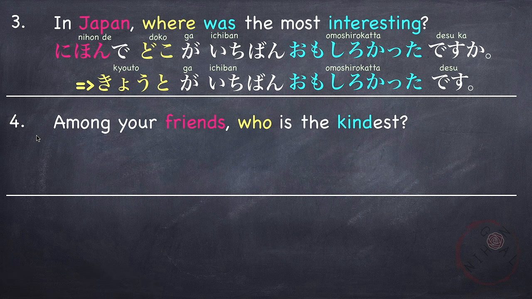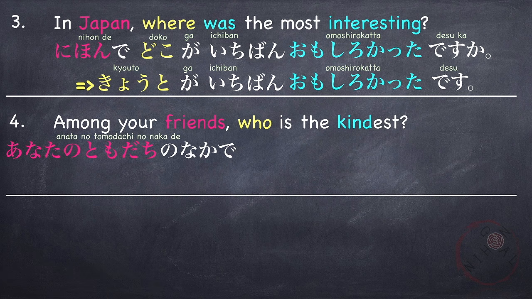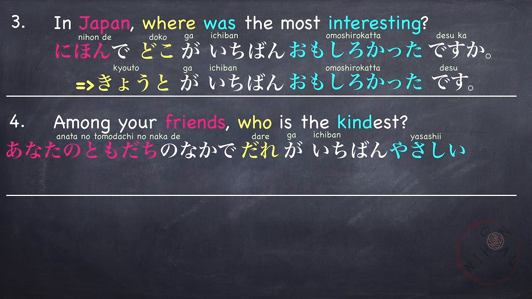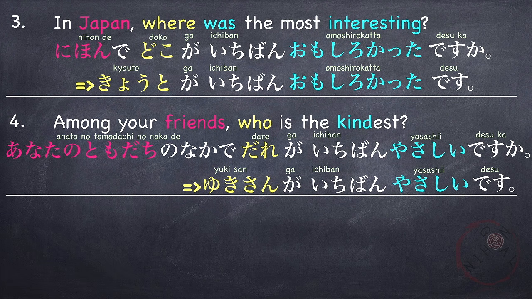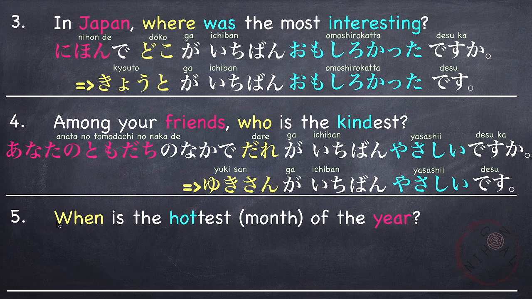Another example, among your friends, who is the kindest? So our N1 is friends or あなたの友達, your friends の中で, あなたの友達の中で who or 誰が一番. Our adjective is kind, which is 優しい or 親切, so both words mean kind. あなたの友達の中で誰が一番優しいですか? For example, you have a friend named Yuki and you identify her as the kindest among your friends. ゆきさんが一番優しいです。